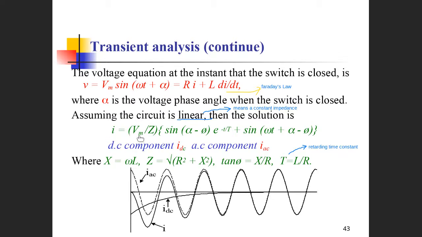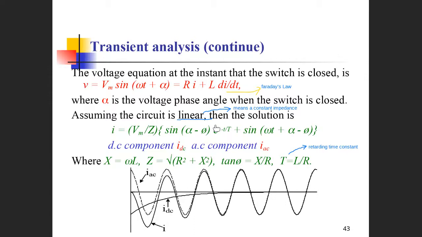Here, Vm over Z is the stabilized maximum value, with sine alpha minus theta, and e to the minus t over tau. This represents the changes of the current from time 0, the switch on, to a given time. So this shows that the first term is